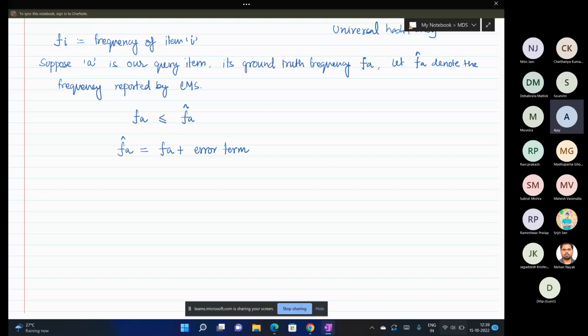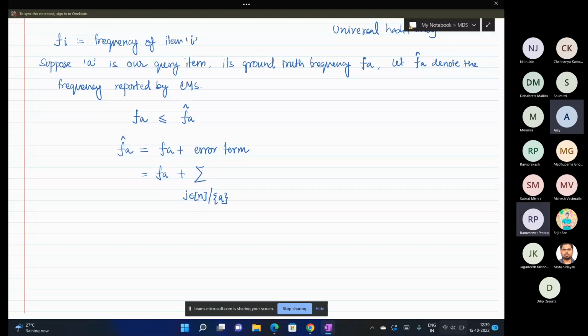Yes, so it depends on the probability of those hash functions incorrectly hashing to that location, right? So this error term is basically the sum over all those j's which are elements of our data stream which are not A,